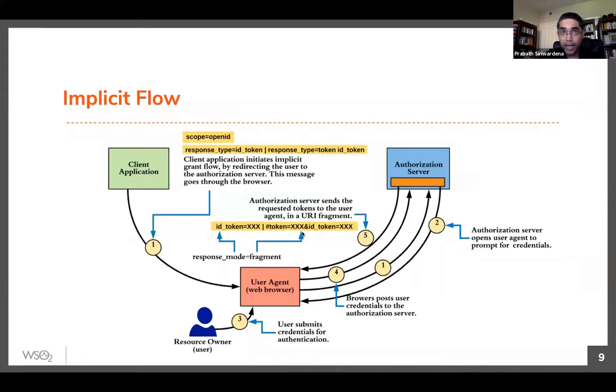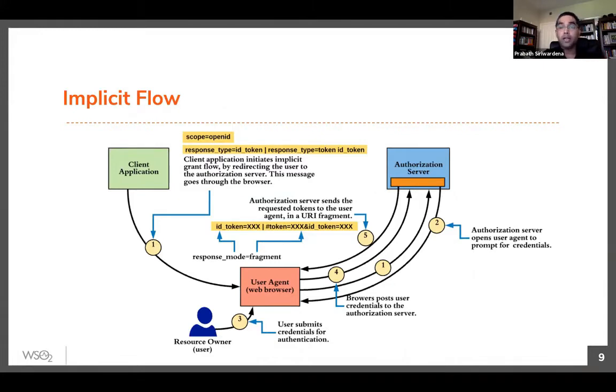In addition to that, if you have an access token in the response, the OpenID Connect implicit flow says you must also generate or derive a hash from the access token. It's called at_hash. How you derive the hash is mentioned in the spec, and you put that at_hash value in the ID token. So now the ID token has an at_hash value and also the nonce value, and it goes to the client application. Now the client application can validate the signature of the JWT and look at the client ID, and it knows this is a token coming to me and it is signed properly, so it's a legitimate token.